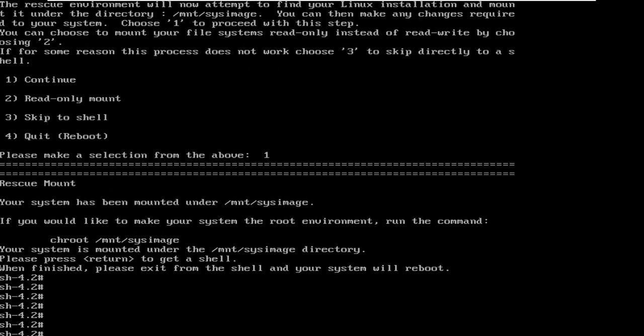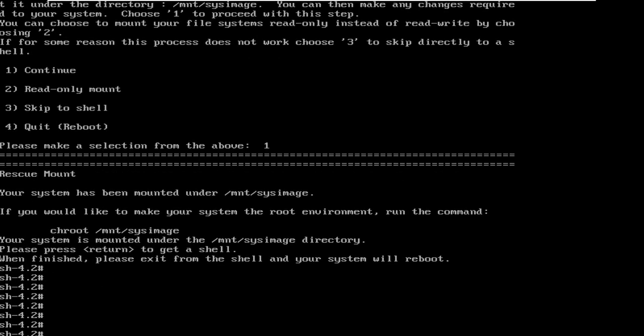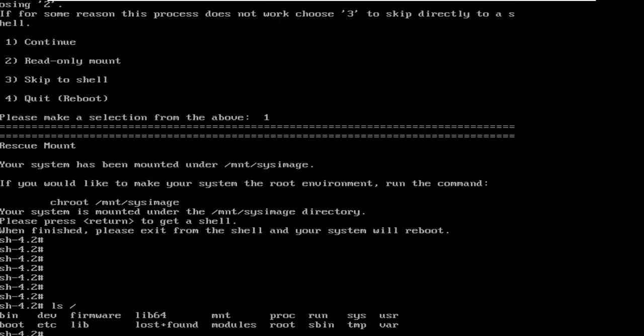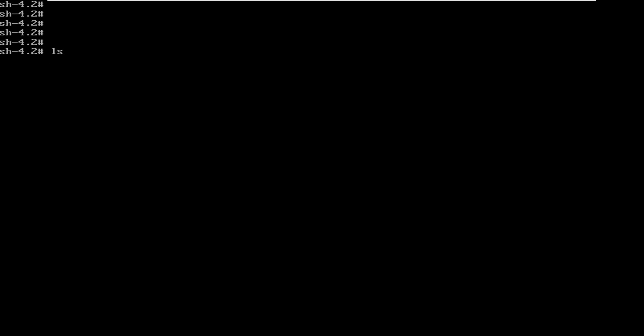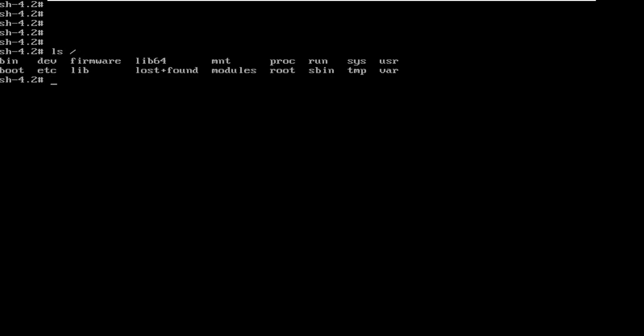Now this shell is coming from the DVD. If you check ls /, if you list the root file system, all this file system is of your DVD. This is your DVD file system. Our file system is mounted under this /mnt directory.